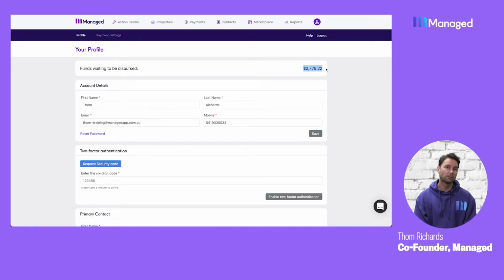If you are on instant payouts, you will receive individual transactions for all of your revenue. But what we highly recommend you do is speak to your accounts team at Managed App and change to either weekly or monthly payouts. That will streamline your bookkeeping and allow you to see your revenue as it accumulates without